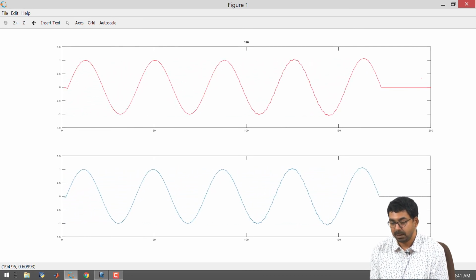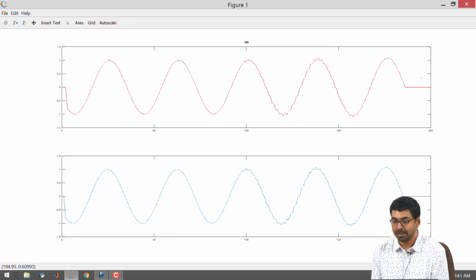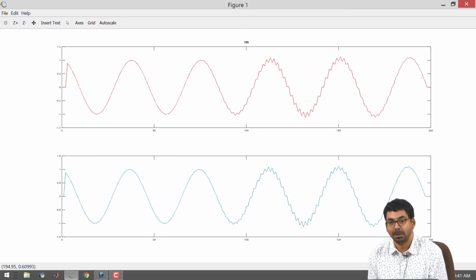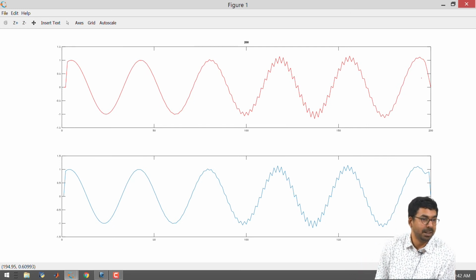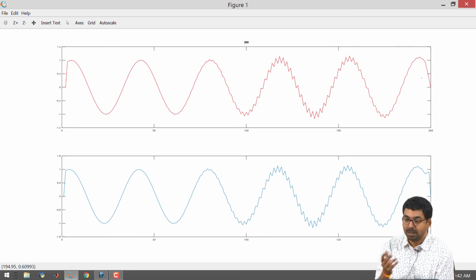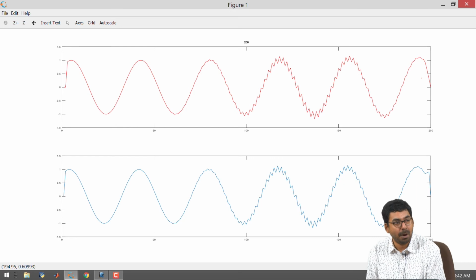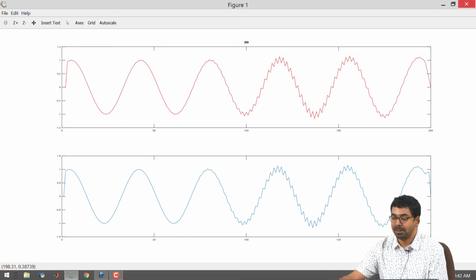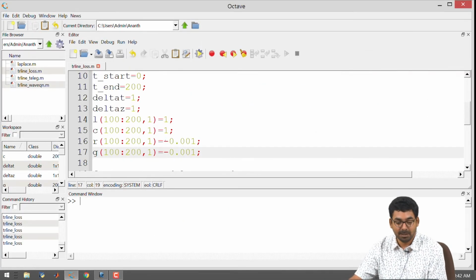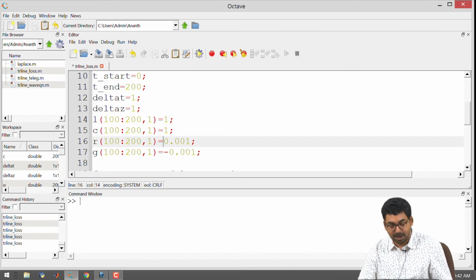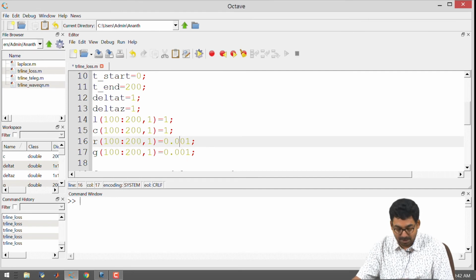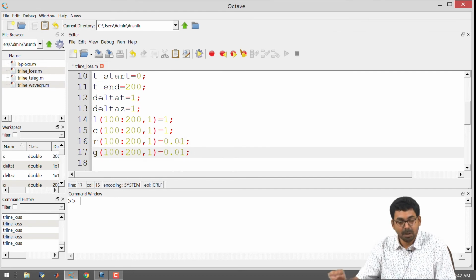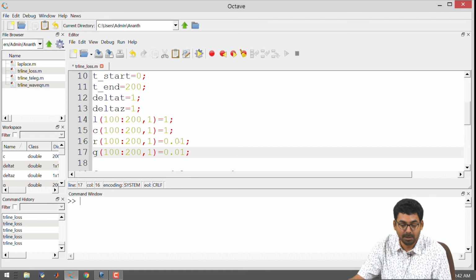But I noticed that there is some symptom already. The symptom is that I am noticing these absurd peaks coming on top of the sinusoid, even for a tiny bit of gain that I have put. So, how do we go about this? Now, we had solved the problem for the positive values of R and G. There seems to be no big issue, all right. But for the negative values, I still would like to be able to simulate what is going on.